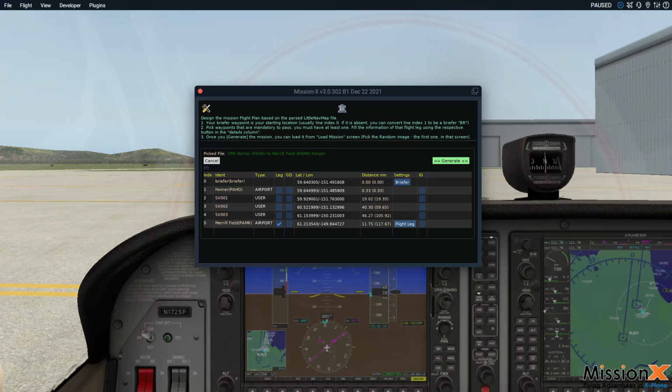The leg column allows you to define which waypoint is mandatory. A mandatory waypoint is also a flight leg. Not all waypoints need to be mandatory. Sometimes only the last waypoint is mandatory and the rest are just part of the GPS flight plan, as part of the overall suggested route. So in this example, I've just marked the Merritt field as the last flight leg, and I was able to